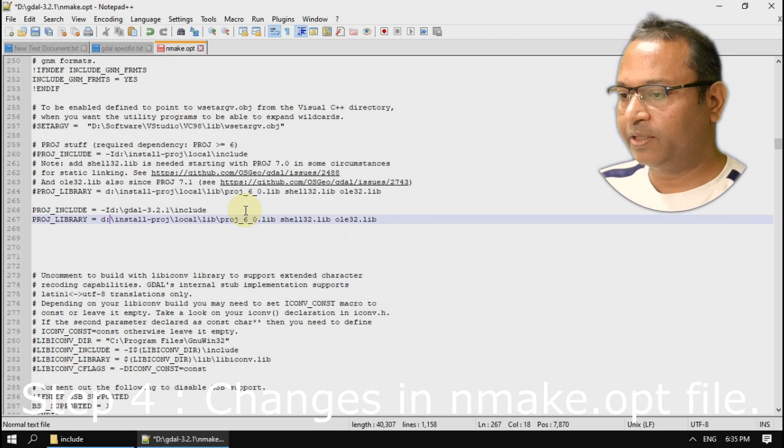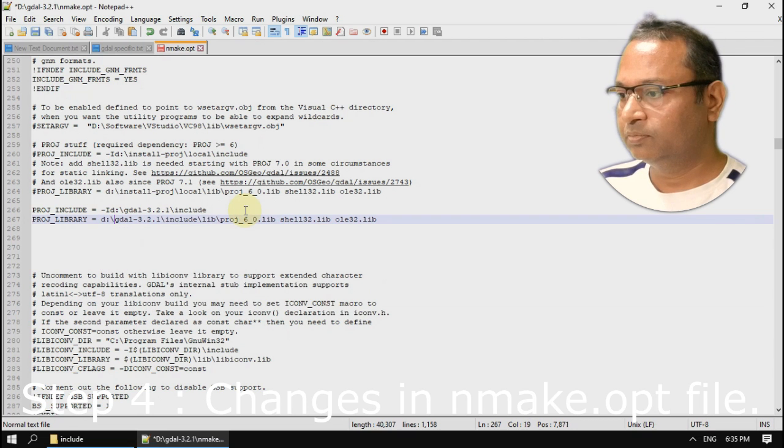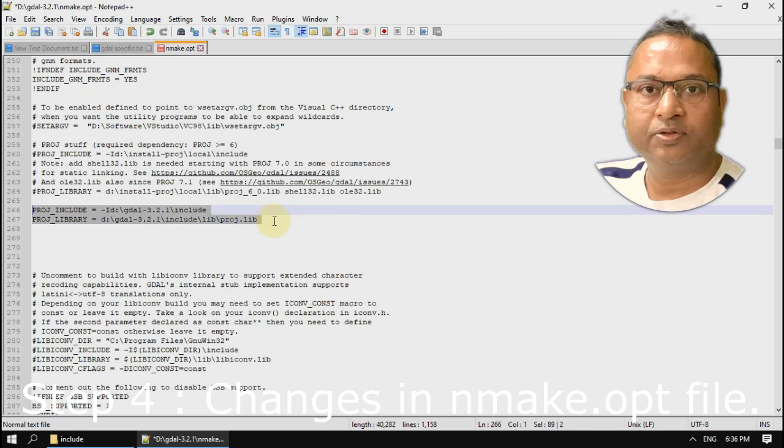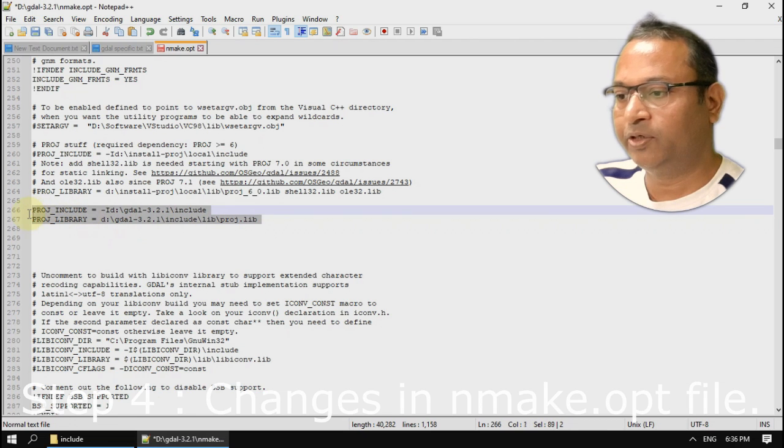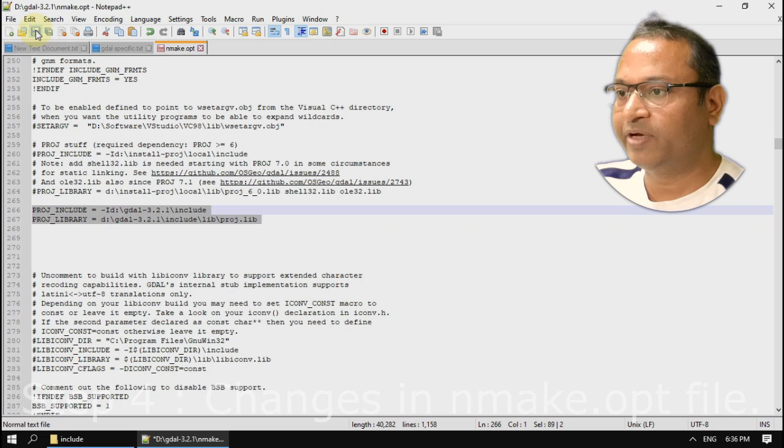And my library path is present here, and its name is proj.lib. So in the nmake file you need to provide the include path and the library path. These are the two lines which I have added in the nmake file. Let's save this file.